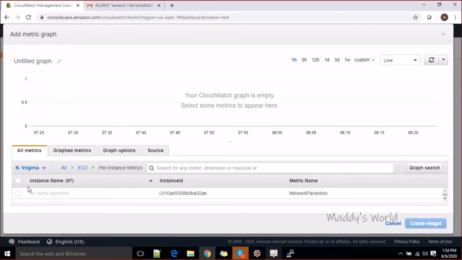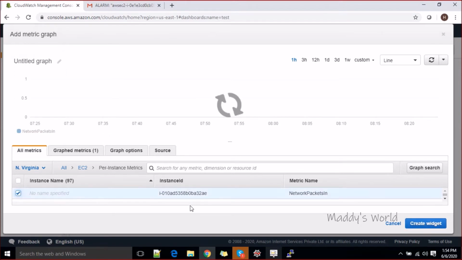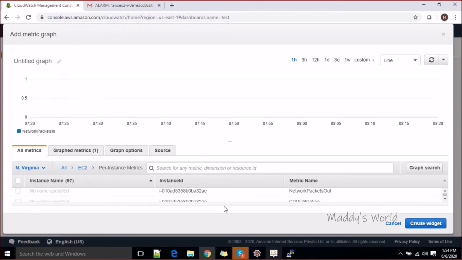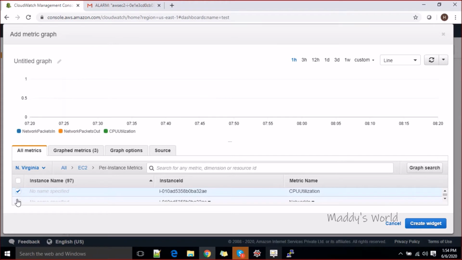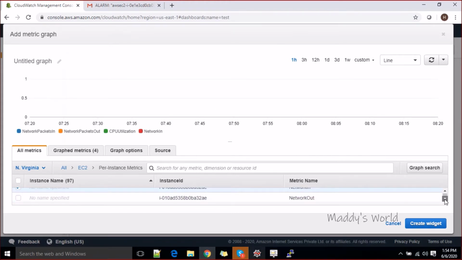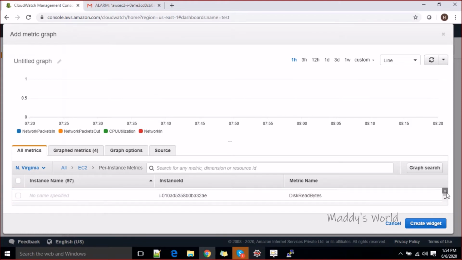Right, so these are the metrics. Let's say which metric you want to specify. It's really difficult to drag it down here. Let's say you select this one. You can see there is no data here. In the same way, let's say you believe you need this network packet out. How many packets are going out? You want to monitor that also. You want to see the CPU utilization. You want to see how many packets are coming in, and if you want to see the network out too for this instance,